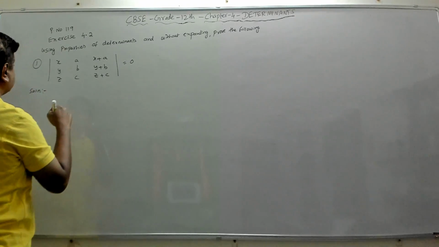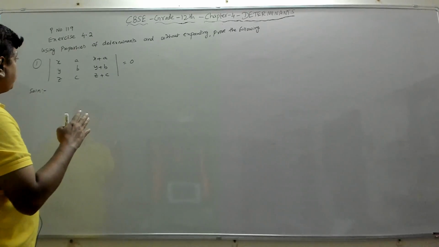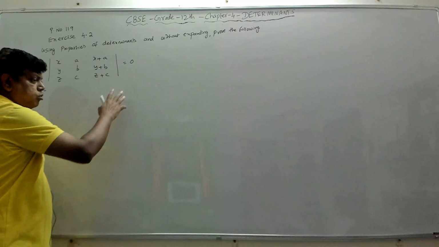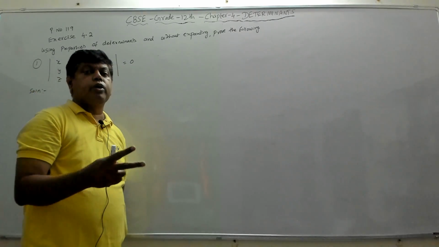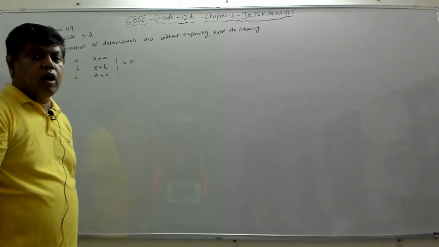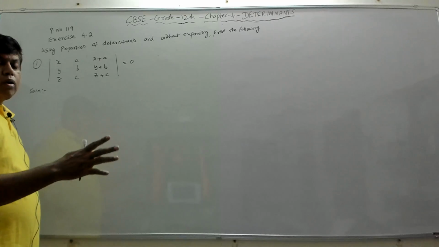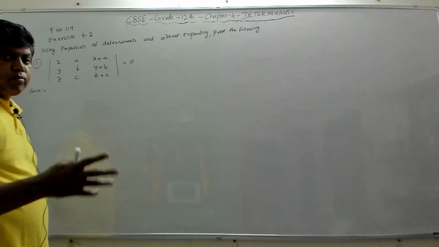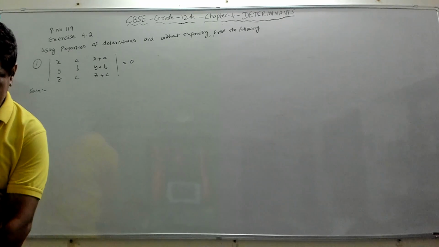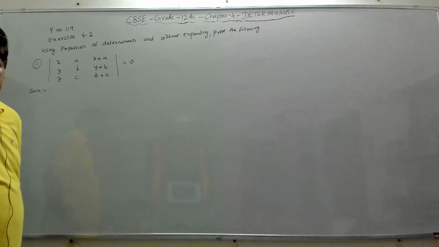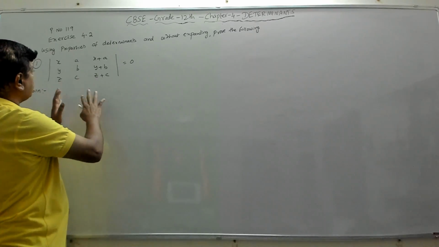Now if we observe, is there a way, when we have to make the value of the determinant equal to 0? Suppose we get any 2 rows or any 2 columns identical, the elements of any 2 rows or any 2 columns are identical, then the value of the determinant becomes 0. That is property number 3 in your textbook, right? So now see whether we can make any 2 rows or any 2 columns the same.